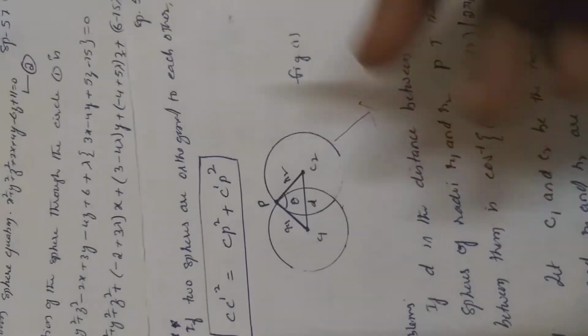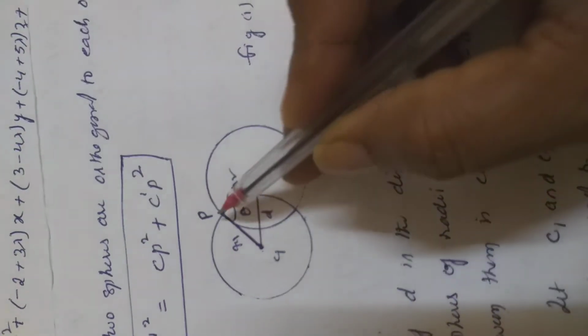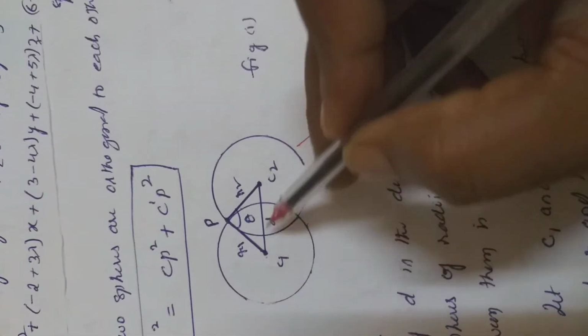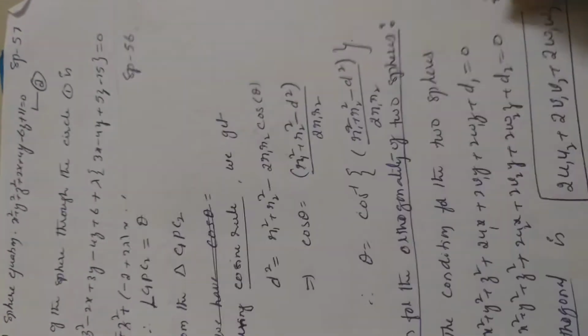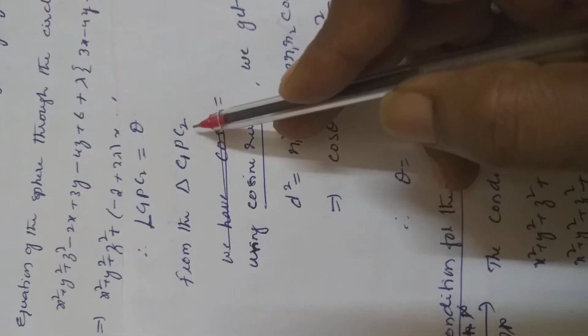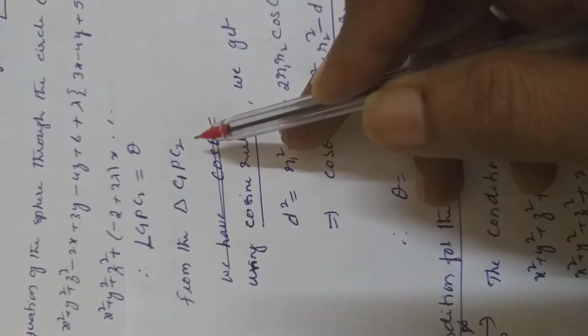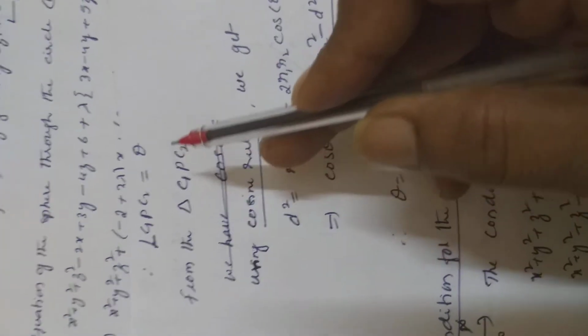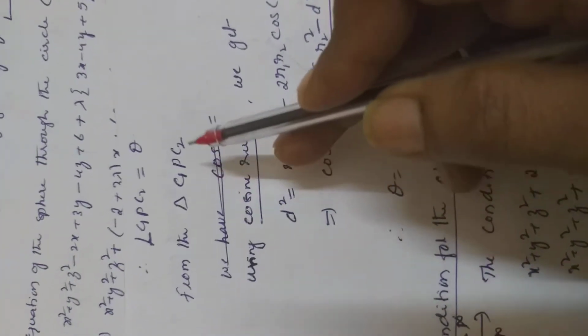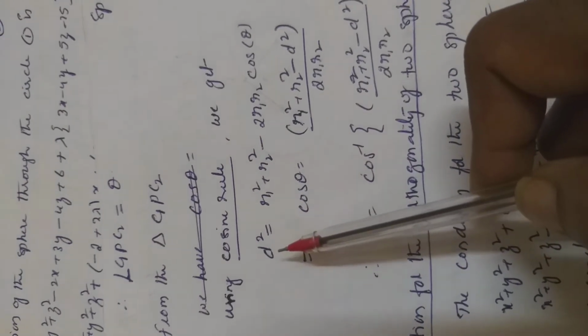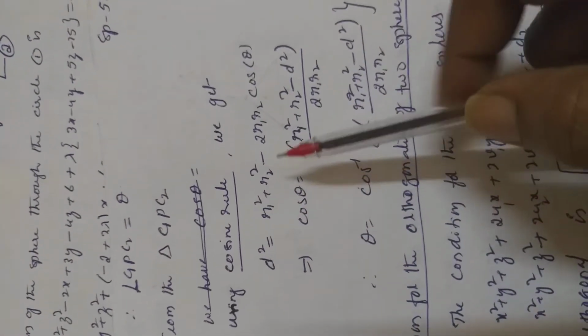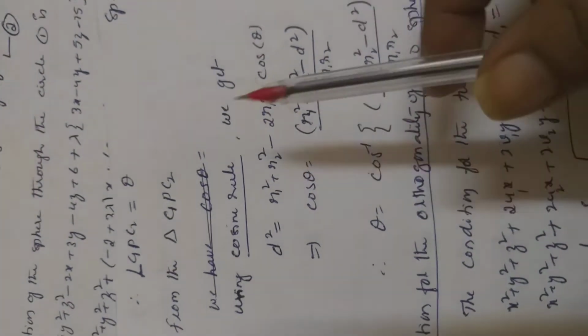Now, from this figure, I am using the triangle PC1C2, applying the cosine rule. Triangle C1PC2, or you can say PC1C2, or C1C2P, or C2PC1. In a triangle, by using the cosine rule, the third side square is equal to the sum of squares of the remaining sides